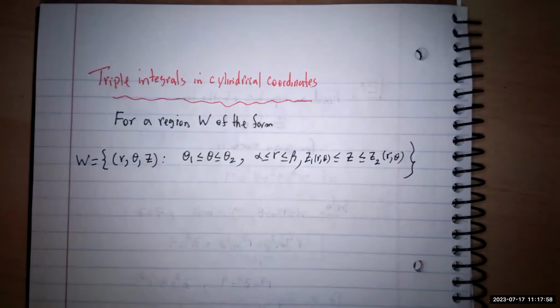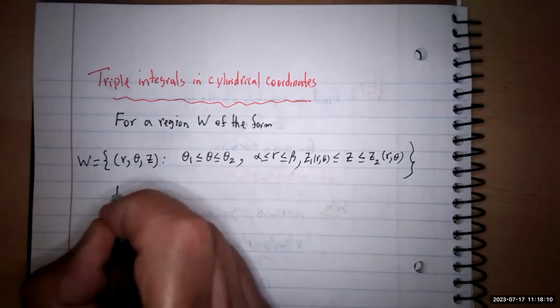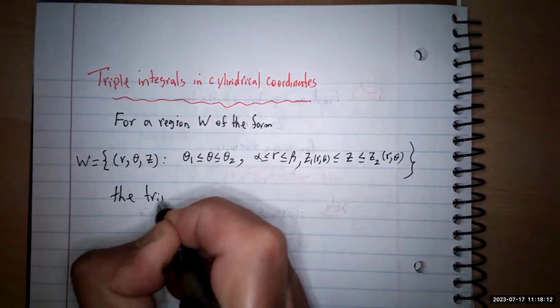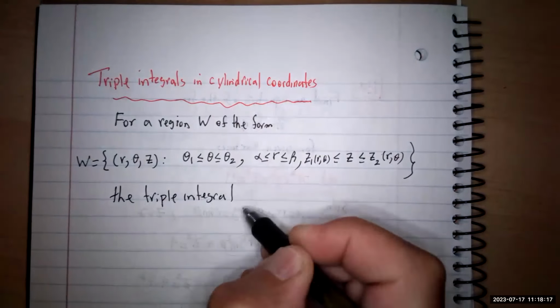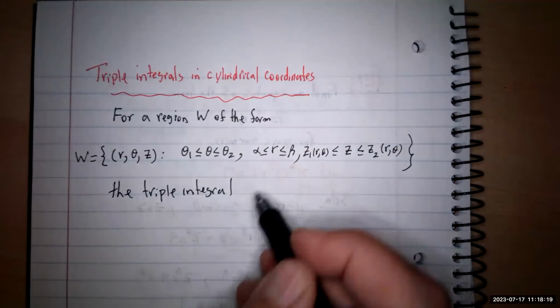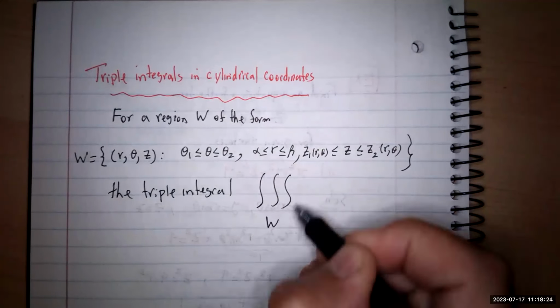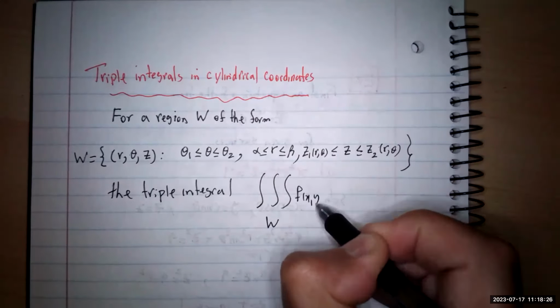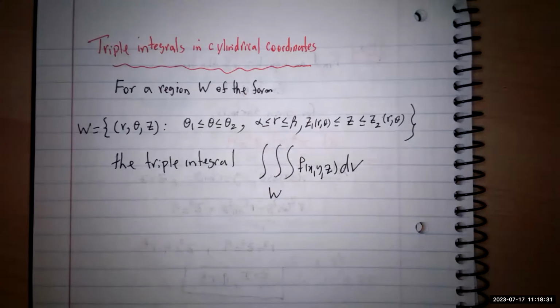It depends which type of region you have. Remember, we called it type 1, type 2. The same thing over here. So for a region W of this form, the triple integral of the function f(x, y, z) dV over W is going to be equal to